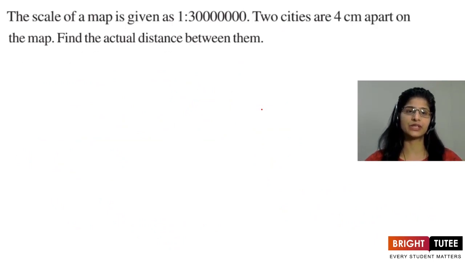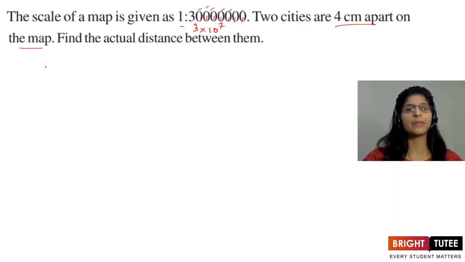Moving ahead, if you see here, the scale of a map is given, and it is given as 1:3 into 10 to the power 7. Just see 1, 2, 3, 4, 5, 6, 7 zeros we have. Okay, 3 into 10 to the power 7. Then they are saying the two cities are 4 centimeter apart on the map. That means the map distance is 4 centimeter. We have to find the